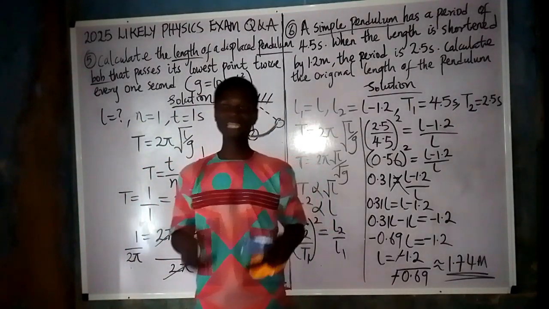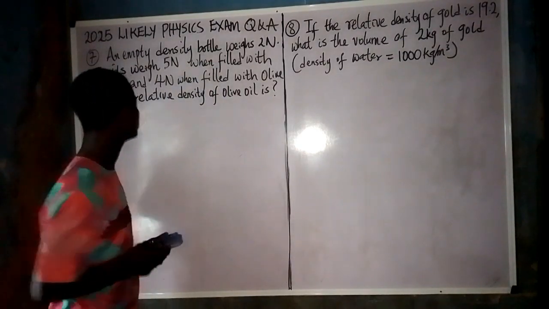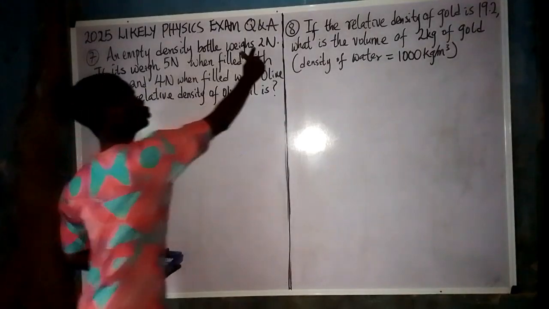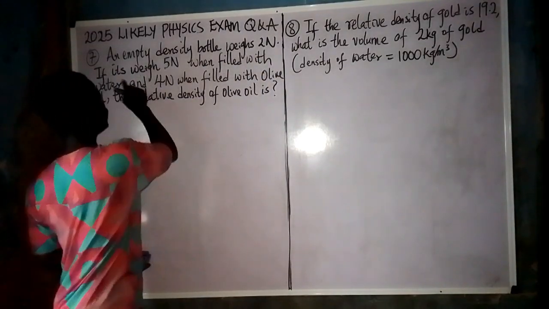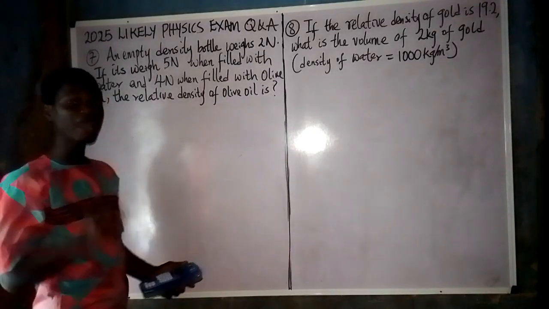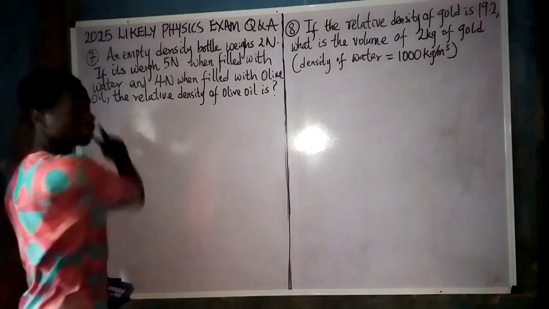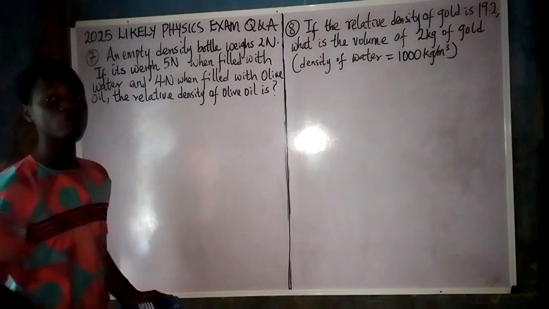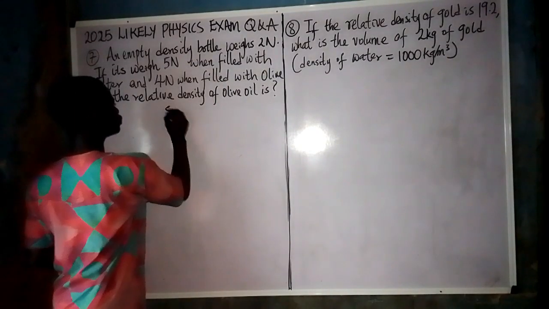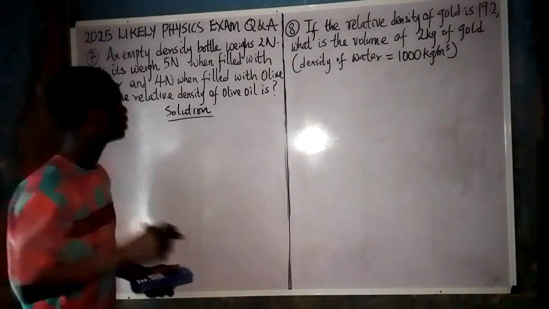Let's have them now. Alright, here is the next question we are asked to solve, and it reads: an empty density bottle weighs 2 Newton. If it weighs 5 Newton when filled with water and 4 Newton when filled with olive oil, the relative density of olive oil is, and that is what we are asked to find. So we will say solution. We are getting started right away. We go again. An empty